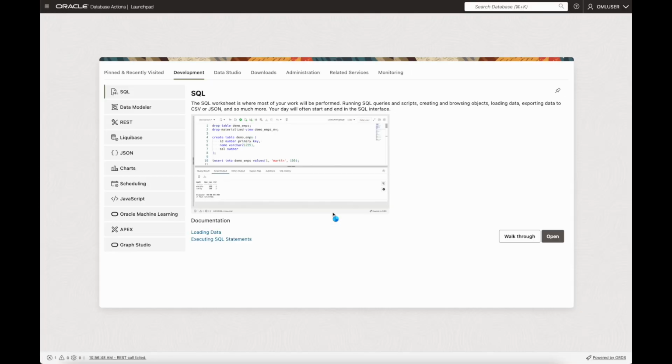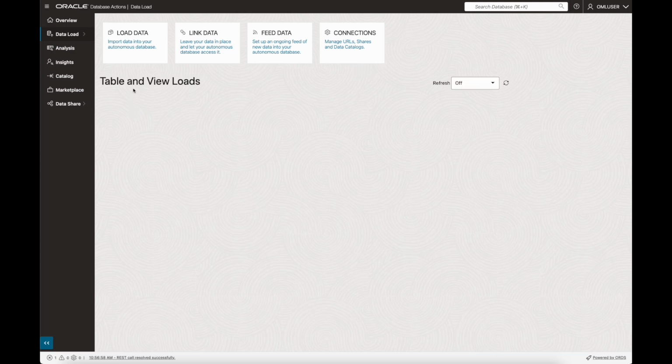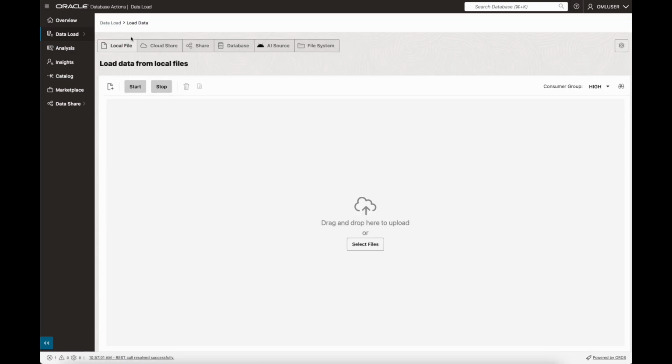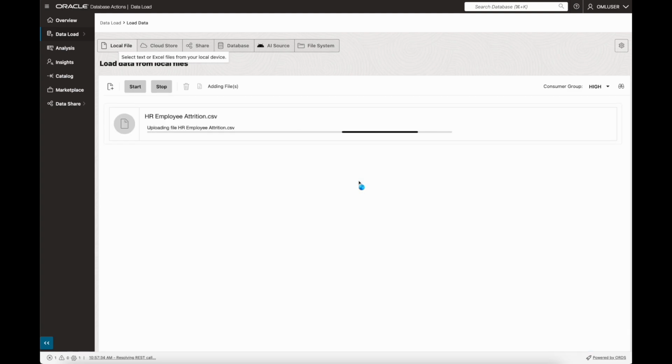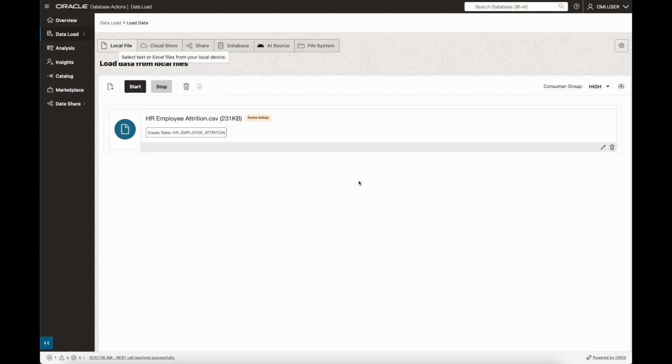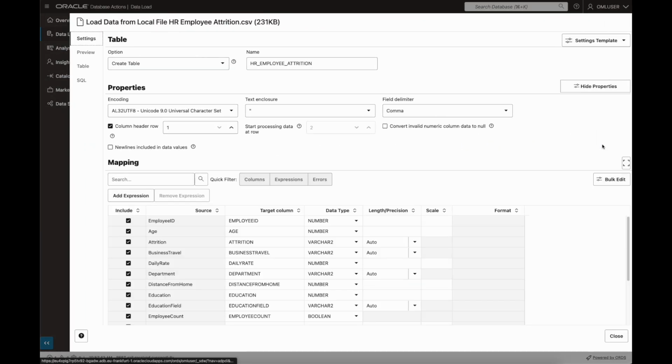So what we'll do here is go to Data Studio and then to Data Load. We'll select Load Data. And what we'll then do is take the CSV file that I've got with the synthetic data obtained from Kaggle and pop that in there, which will analyze the data and will then look to perform a load. Before we do that, the one small change I want to make is to just change the name